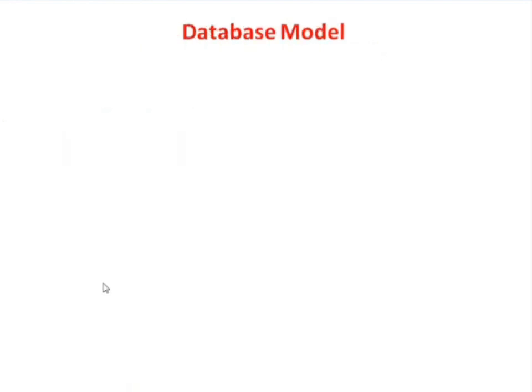Now let us see regarding database model. First, let us understand what is a database model. You know what is database? Now let us understand what is database model. Database architecture is different, database model is different. So what is database model? Database model defines the logical design of the data. So how it is logically designed. It also describes the relationship between different parts of the data. So how it is related from one database to another database.